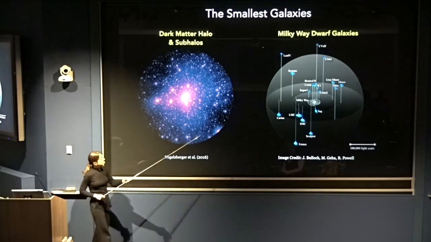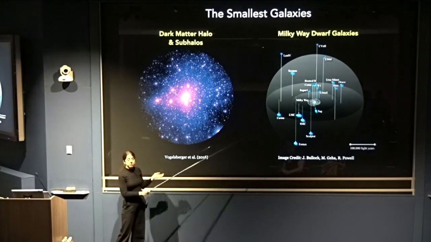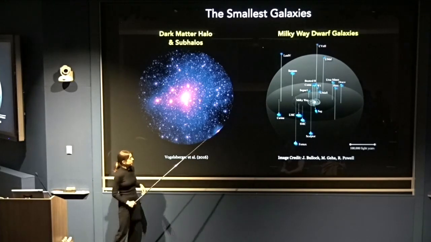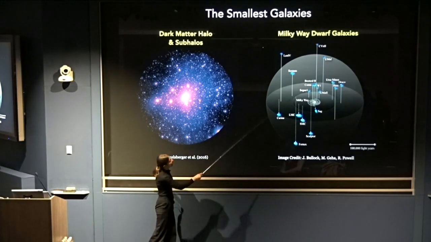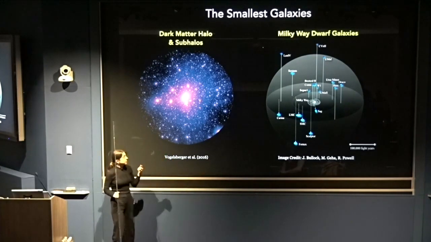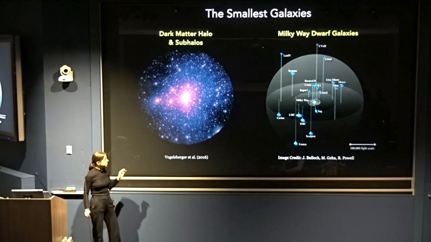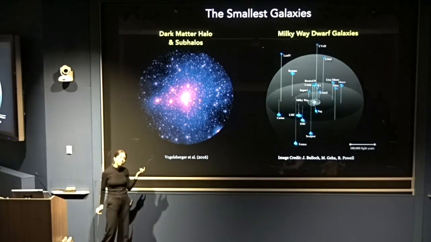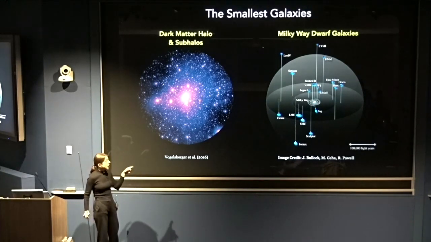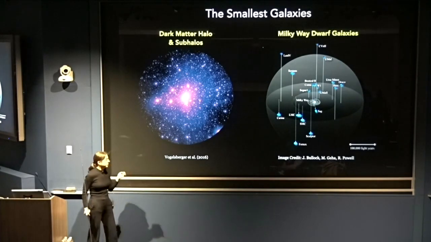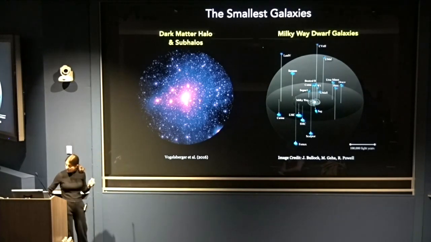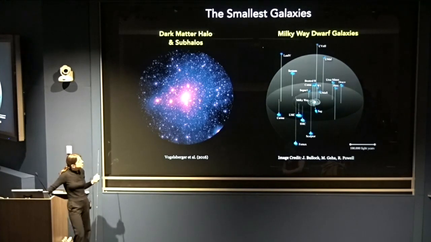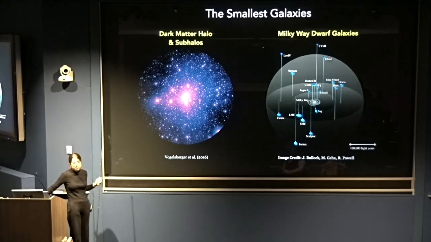So this is just to show that we already have a list of these dwarf galaxies that exist in the Milky Way. These are just some of them here. And they're heavily studied because just their presence and their properties really can teach us a lot about the nature of dark matter. So that's actually what I want to do next, is show how we can use the fact that these dwarf galaxies exist to make some statements about what masses the dark matter can be and whether or not it can act like a wave.